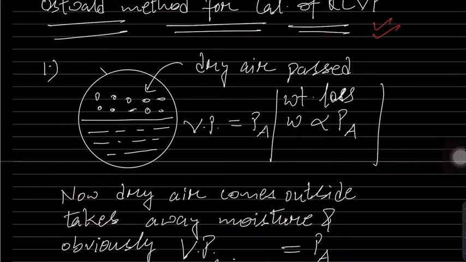Okay, so let us say that this is the container. This container is open. From this point to this point it is open. This is open container from this point, the red lining, this is open. And let us say dry air is being passed. Okay, you take a very household example.